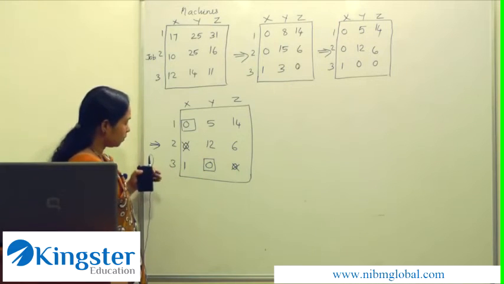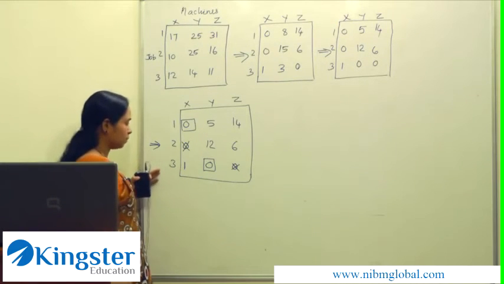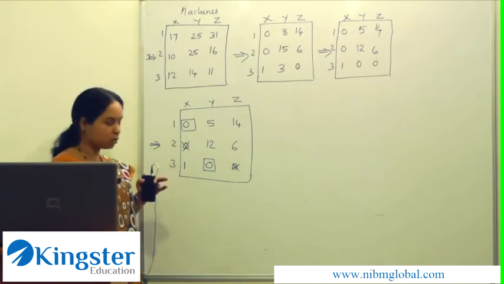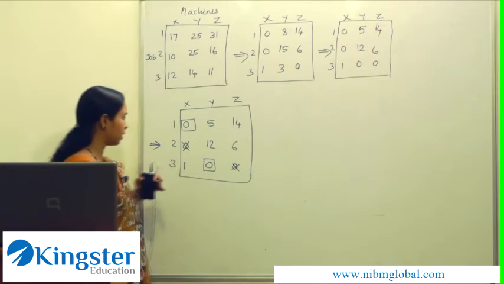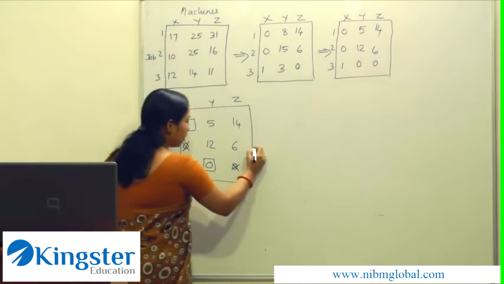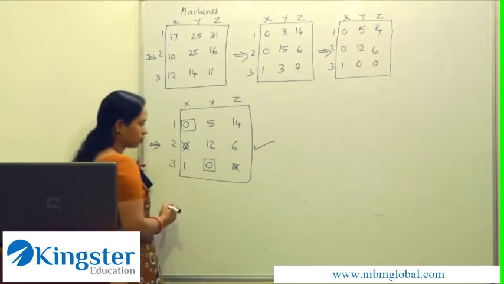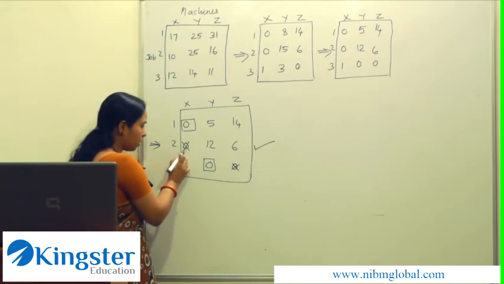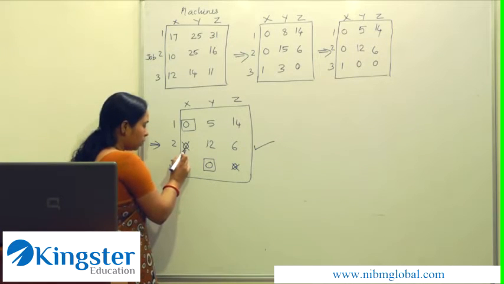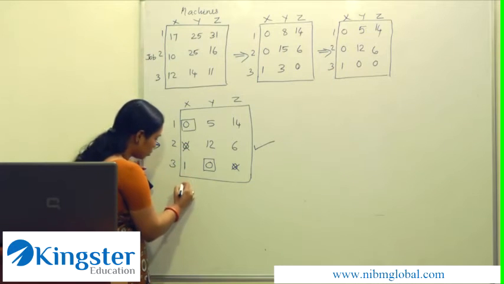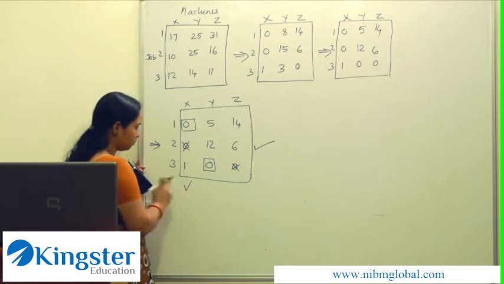Now in this case, the next step is to identify the rows having no assignment, the unmarked rows. Now this row has no assignment. Now put a tick mark against this row. Now consider the zeros in this marked row. We have a 0 here in this row. Now the corresponding column should be marked. Give a tick mark against the column in which the 0 lies. So a tick mark is given here also.